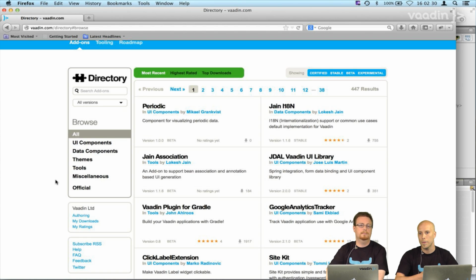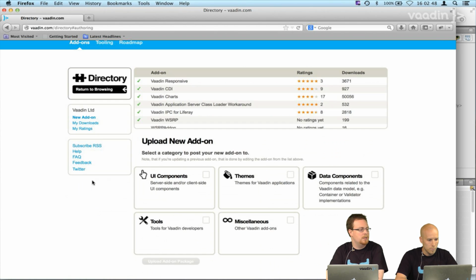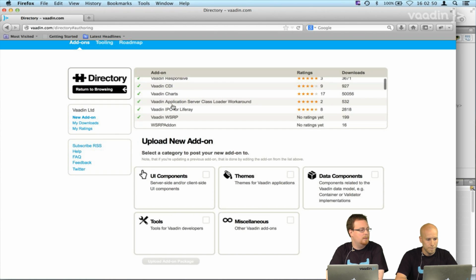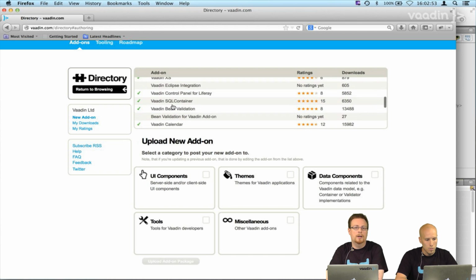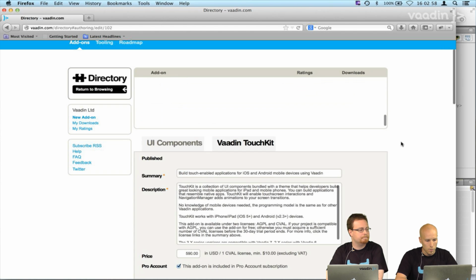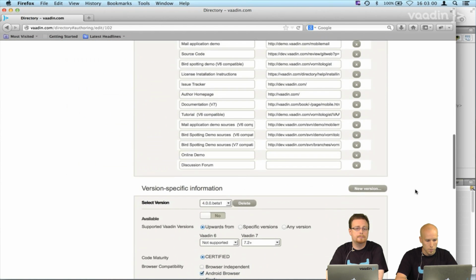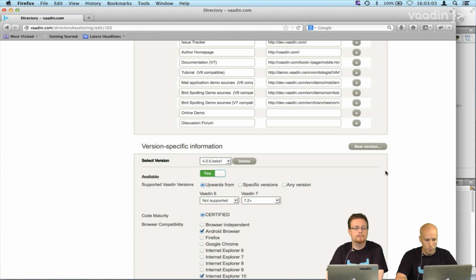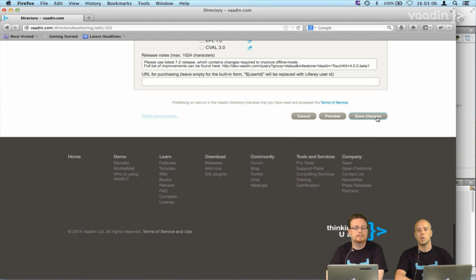And it will be supporting Vaadin 7.2. So 7.2 was released like two weeks ago, but now there is finally a real TouchKit version that works with it. And also we have a very nice new theme for TouchKit, which has been missing for a while, one that doesn't look like the old iOS version, so we're happy to release that as a beta now as well. So there we have Vaadin TouchKit, and the new package has already been uploaded and is available now.